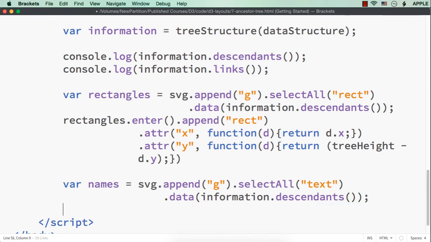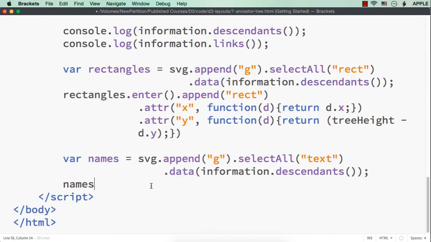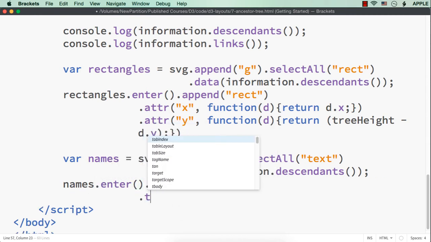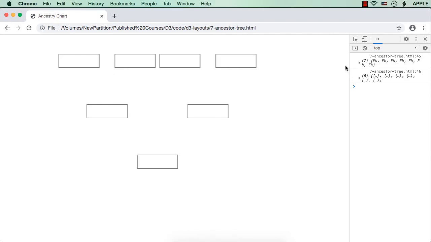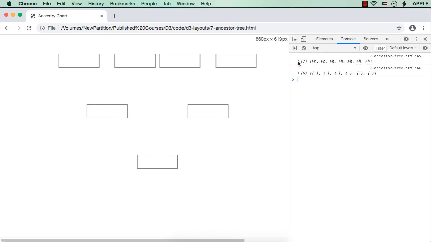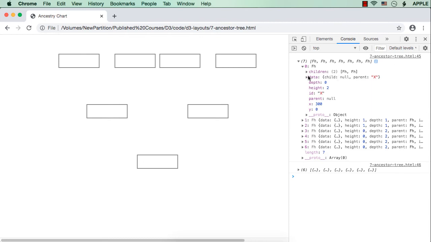Okay, then what we need to do, we need to set the text value as well as the x and y values, that is the positions, right? So names.enter().append("text").text(). How we could get the text? function(d) { return ... } What we can get as the text from the descendants. Here we have the descendants and from this we want the text. So here you could specify d.data.parent. Why? Because the value is in the data object as parent key, right?